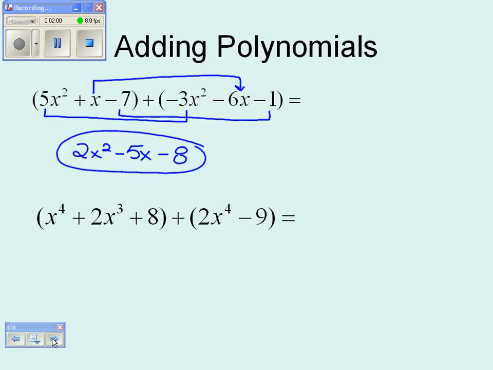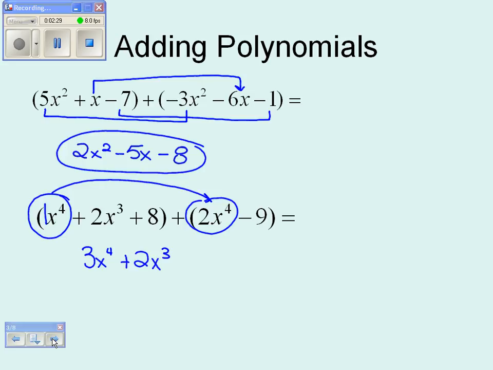Okay, so for this one, they don't have to have the exact same amount of terms. We just put the ones together that can go together. So this is just an x to the 4th, and we have 2x to the 4th, which is what? 3x to the 4th. Good. So if there's no number in front, we just want to remember again, it's almost like there's no number there. Now, one thing to keep in mind is we do want to put our answers in standard form, which means our exponents are going in descending order. And so the next thing I'm just going to write down is plus 2x to the 3rd because there's nothing to add to it from this one. And then the last thing to do is 8 plus negative 9, which is